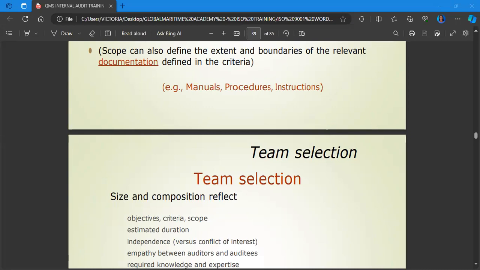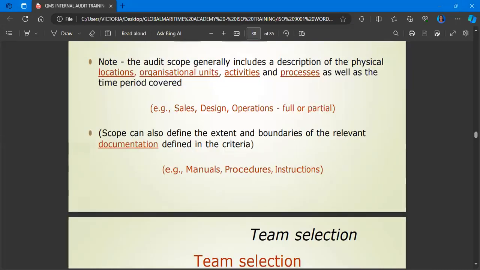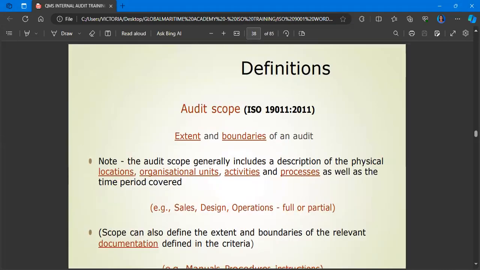Okay, so let's go over again the audit scope. It refers to the extent and boundaries of an audit. Note, the audit scope generally includes a description of the physical locations. That is when you are determining your quality management scope. It generally includes a description of the physical locations, organizational units, activities and processes, as well as the time period